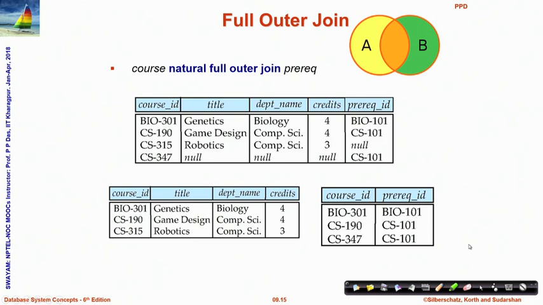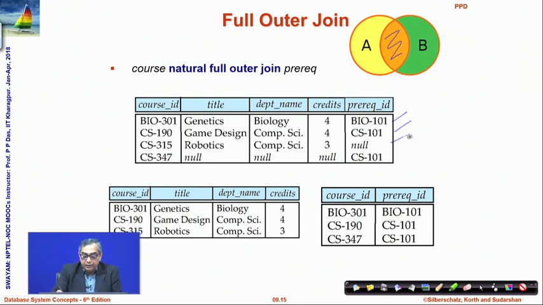So, full outer join, as you must have guessed, will ensure that you certainly get the tuples from the inner join, which is here. You will get the tuple from the left outer join, that is here. That is a tuple which exists in course, and there is no corresponding matching tuple in the prereq, and you will also get the tuple from the right outer join, that is for a tuple which exists in the prereq relation, but there is no corresponding tuple in the course relation, and corresponding missing values are all set to null. So, these three kinds of